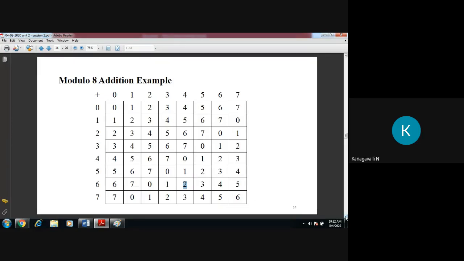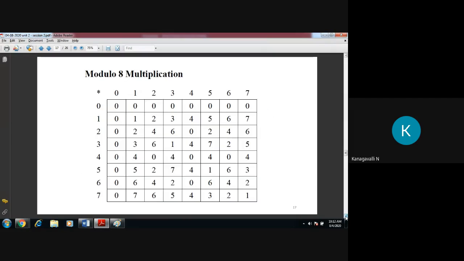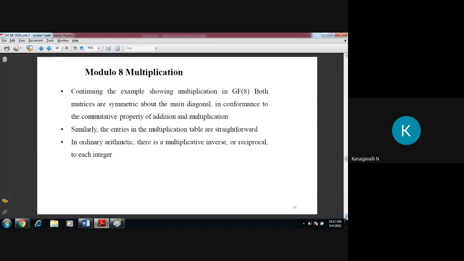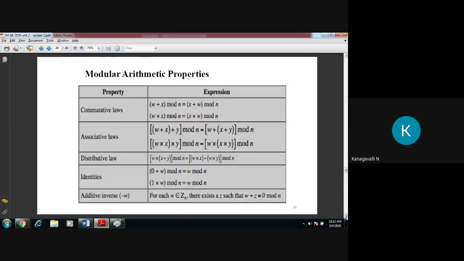In the same way, you are doing your modulo multiplication, right? Check here: 1 into 5, 5; 1 into 6, 6; 1 into 7, 7, right? So 2 fours are 8, so your remainder is 0, right? Because here also I am taking the input as modulo 8. Then 2 into 5, 10, my remainder is 2. Then 2 into 6, 12, 12 modulo 8, remainder is 4, right? So you have to fill your input based on your given modular term, right? Whether it is multiplication or division, that is not the thing, right?